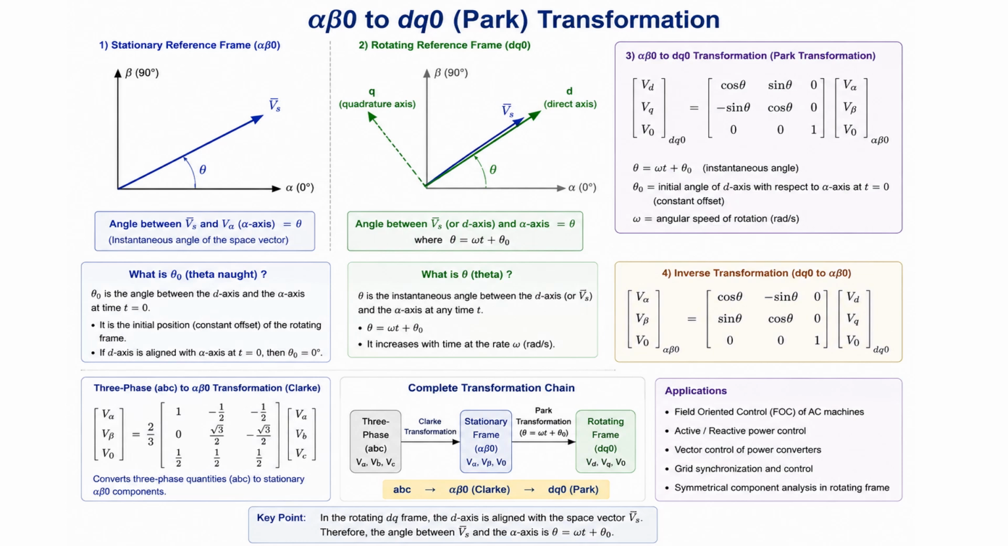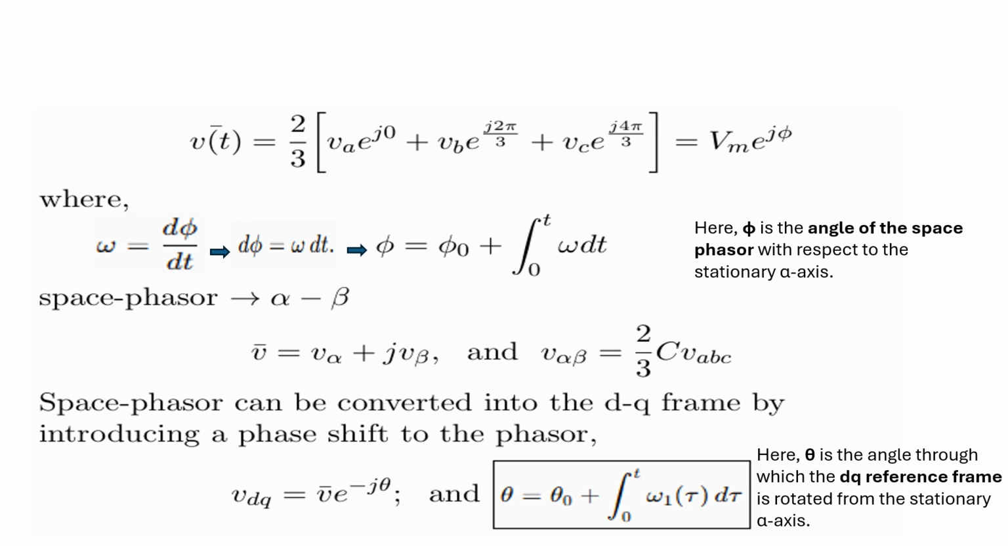See, this theta can be written as omega t plus theta naught. What is this theta naught? We will discuss that. We know our space phasor V of t equals 2/3 of Va plus Vb and so on, like this. That is Vm e power j phi. So e power j phi represents the space phasor, where